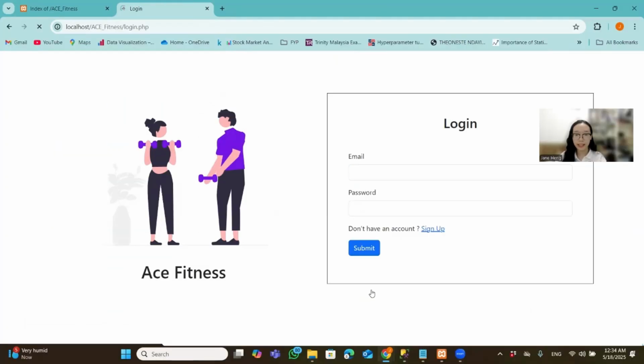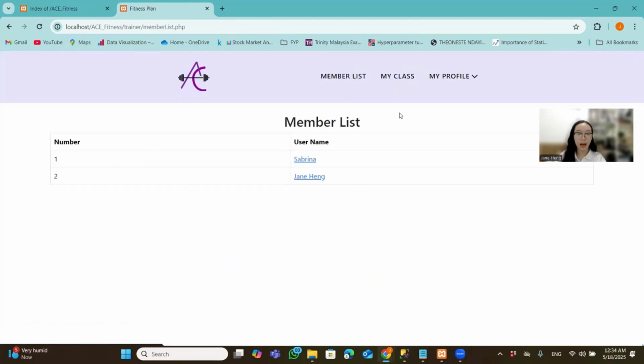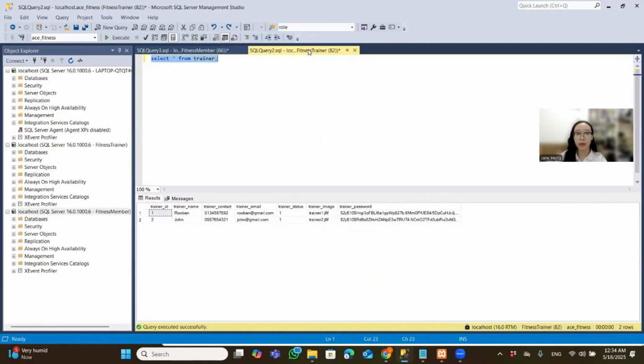Now we are logged in as a trainer. It directs us to the trainer page, and we can see there's a member list here where we implement row level security, RLS, that allows the trainer to only see their own members. In the SSMS, you can see that we have 8 members, but in the web page here only 2. So in SSMS, how we perform RLS is we have to log in as a fitness trainer